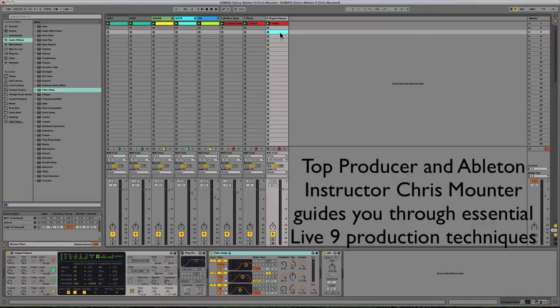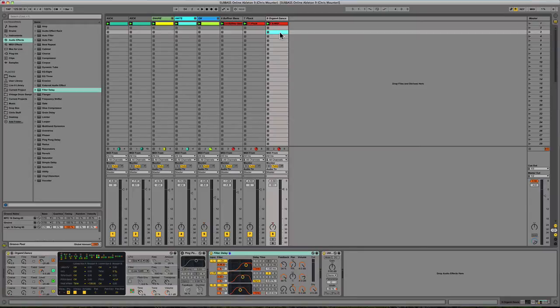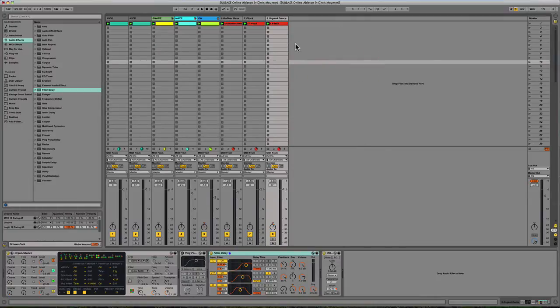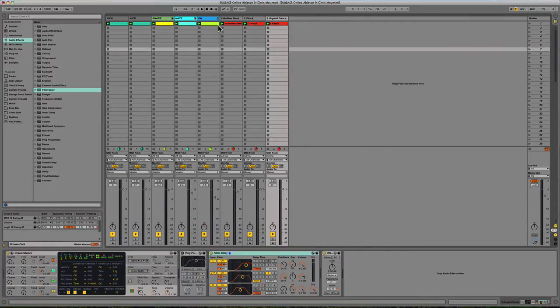Okay guys, so in this section we're going to talk a little bit more about grouping and routing within Ableton and how we can group some of these channels together. We can add sends and returns, and we can add a drums bus, and we can also send information to compressors or other devices that handle sidechaining, and we can send a kick to our bass channel to sidechain off that. So just to start out, we're going to group some channels up, and this is something that